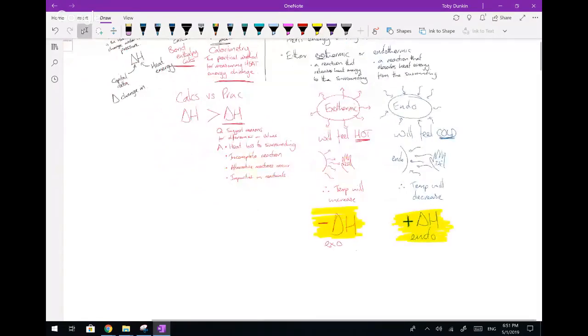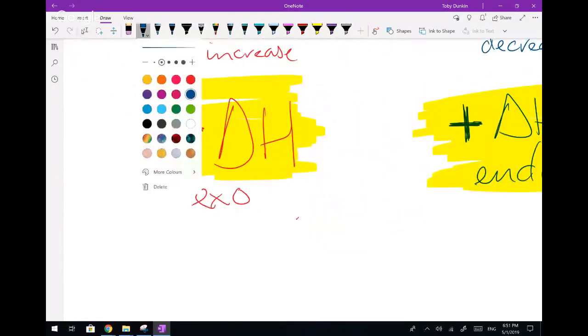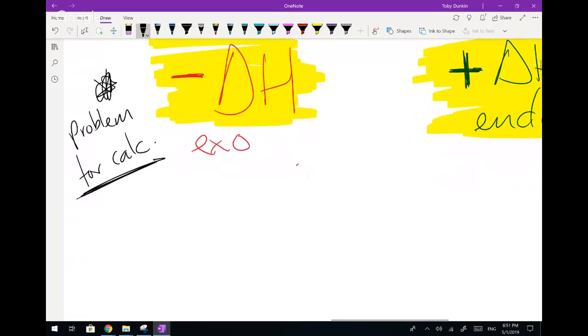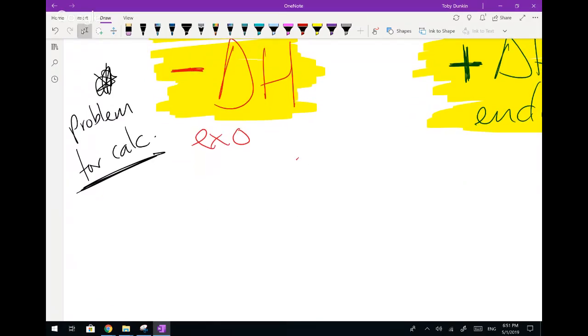I'm also going to say that this one is trouble, and I'm going to make a little star here, and that star I'm putting is for problems for calculation. Problem for calc. Now, the reason why there's a problem is because whenever you deal with the calculations in chemistry,